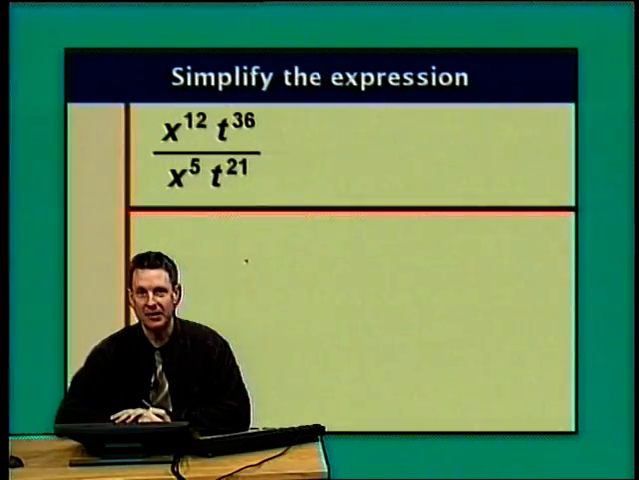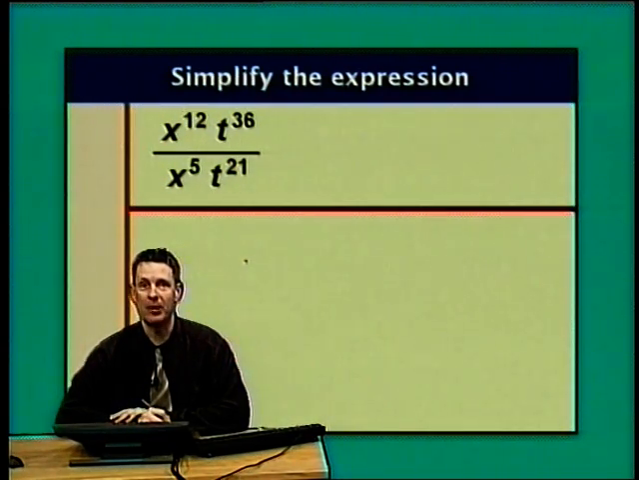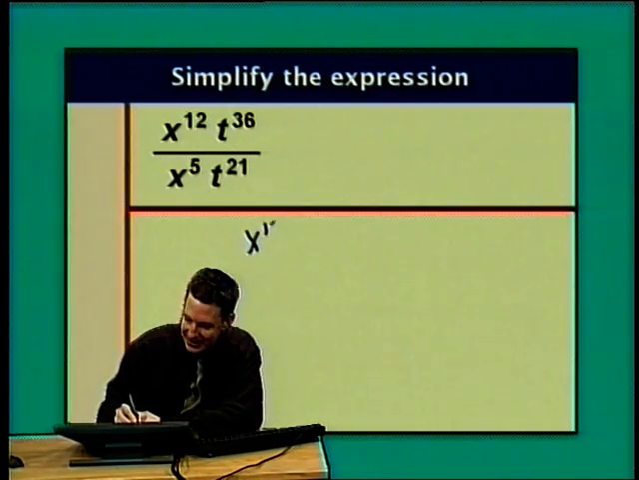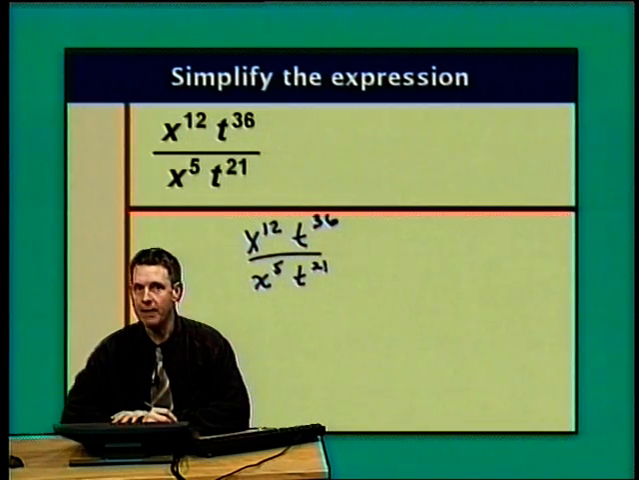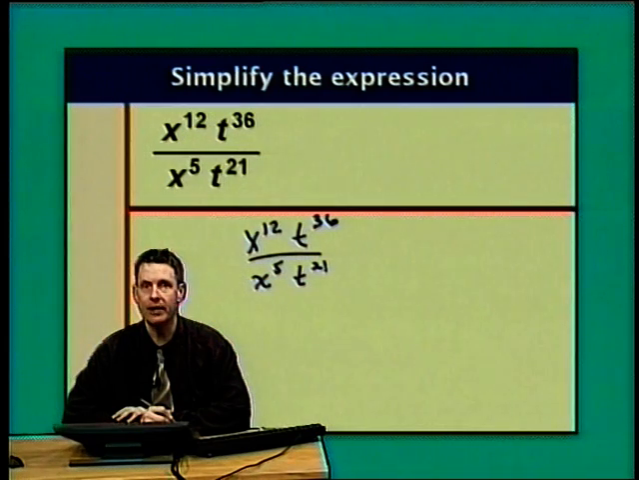Now this problem looks awfully similar to the last two problems that we worked. Actually, what we've done in this problem is we've taken the last two problems and turned them into one problem. We have x to the 12th, t to the 36, over x to the 5th, t to the 21st. The first step in simplifying this expression is to, in a sense, turn it back into two problems. What I'm going to do is I'm going to write this single fraction as the product of two fractions. I'm going to write a fraction involving the x factors, and I'm going to write another fraction involving the t